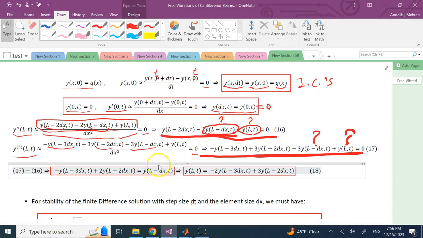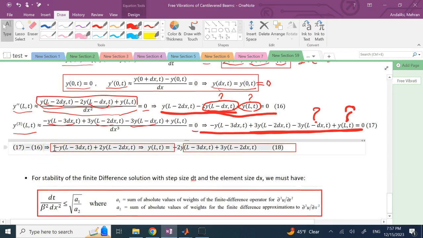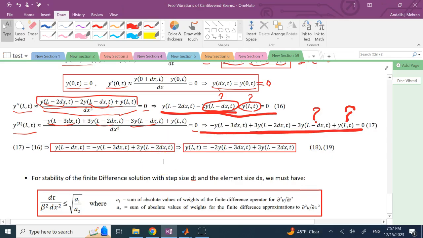So these equations, 18, will give you y at L and t based on the 2 and 3 nodes before it, and y at L minus dx and t as a function of, again, 2 and 3 nodes before L. Okay, so let me bring it on this side. You see? So I can call them 18 and 19 maybe. So I use these two to update the values of these deflections of the node at L and the node